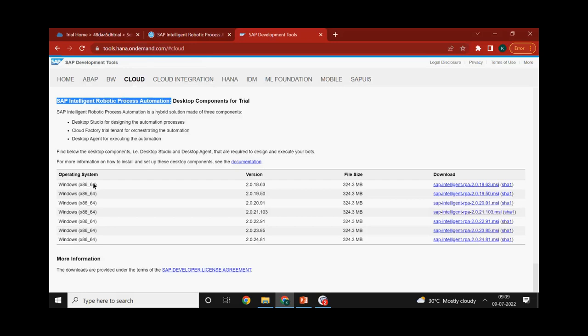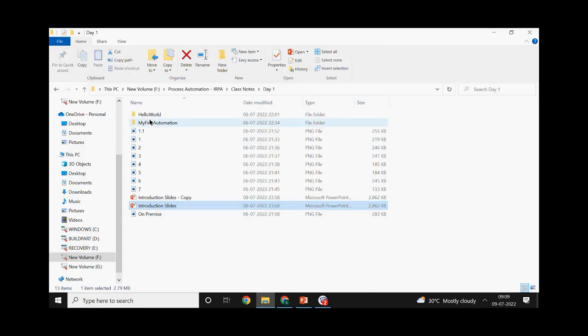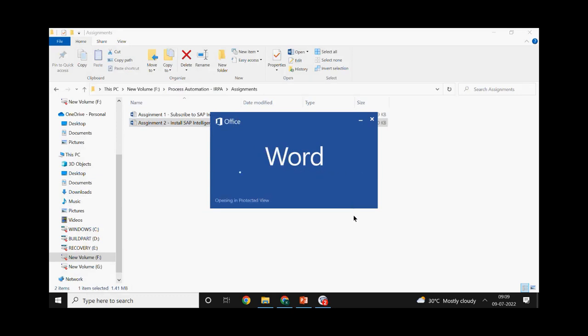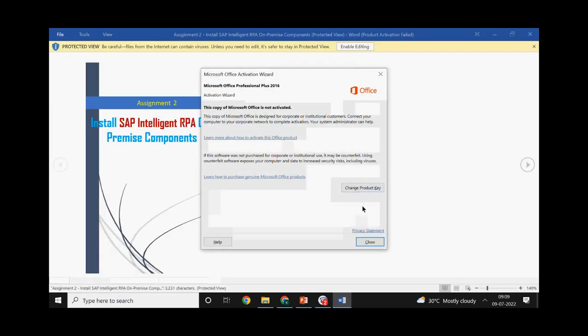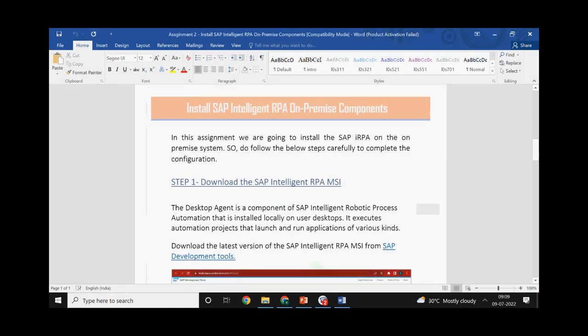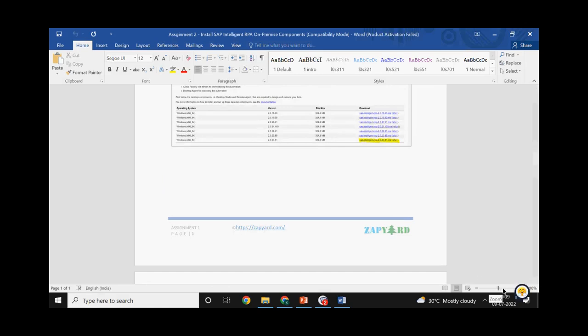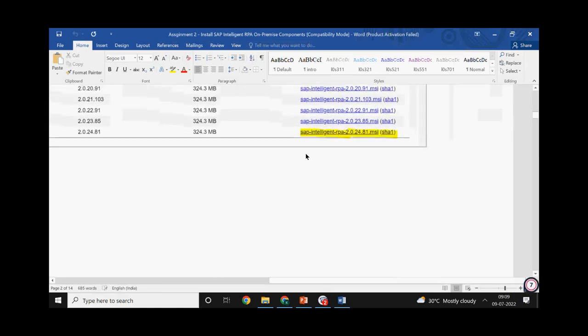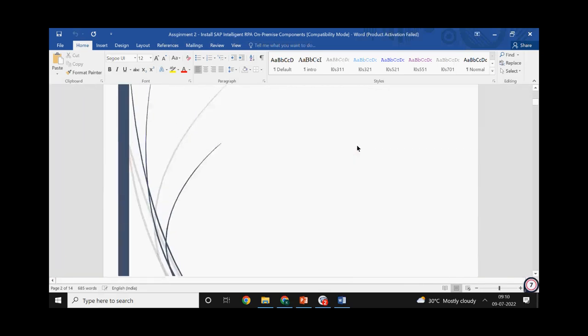This software is available in different versions. Download the latest version, 2.0.24.81 MSI. Once you download it, it will download one executable file. Once you double click on the file, one minute, I will already share some assignments. It will be coming something like this for you. So this assignment might already be shared with all of you, or if it is not shared, we'll be sharing it with all of you. So basically you need to go and download the software. We have marked it here. You're supposed to download the software from there. Once you have downloaded the software,